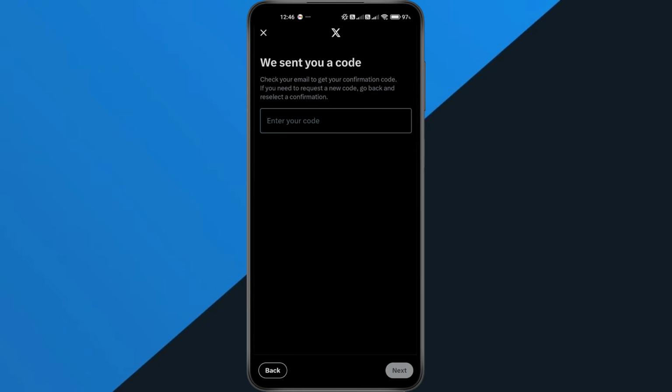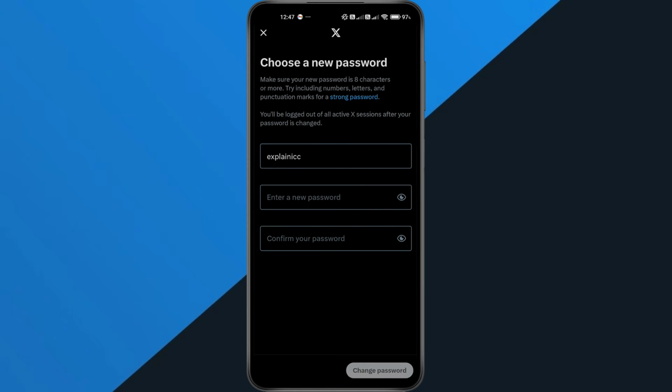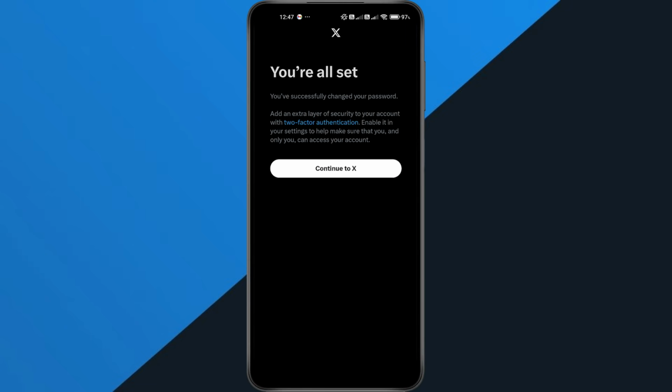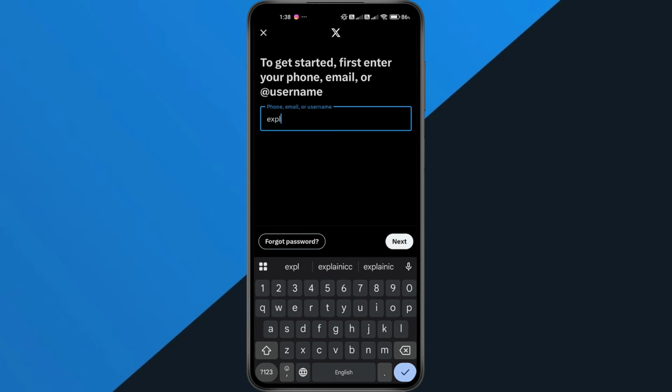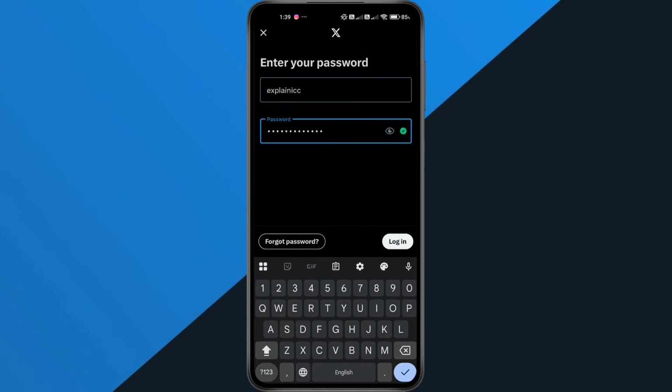X will send you a verification code to your email or phone number. Enter the code when you receive it, and then tap Next to continue. When creating the new password, make sure to choose a strong and secure password that you haven't used before. Once your password has been reset, go back to the login page and try signing in again using your new password. In many cases, this refreshes your account's login verification and removes the attestation-denied error, allowing you to access your